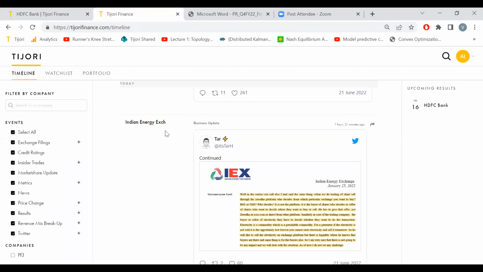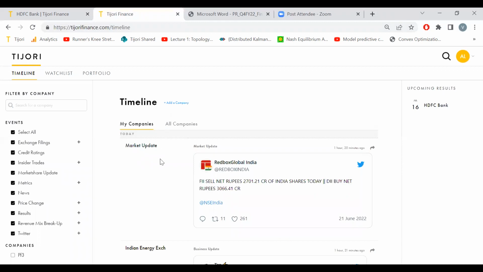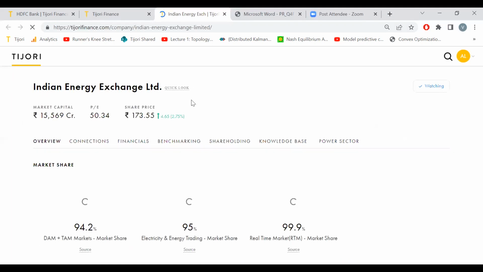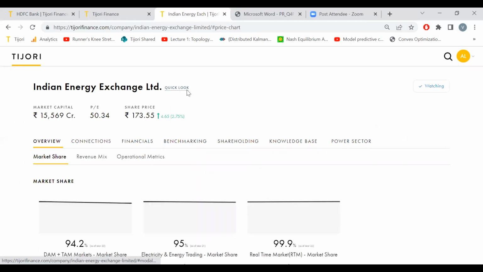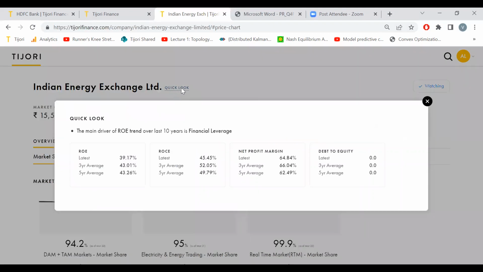Yeah, in fact, there was another suggestion from Nikhil, which said if you can create an elaborate financial shenanigans tool. So I think you've covered. Yeah, so what Nikhil means is, I'll just show you again with IEX because it's just there. If you click on quick look, we just show red flags which are really out of bounds. So stuff like, we scan 10-20 accounting metrics, and if anything is out of bounds, that is when we alert the user.